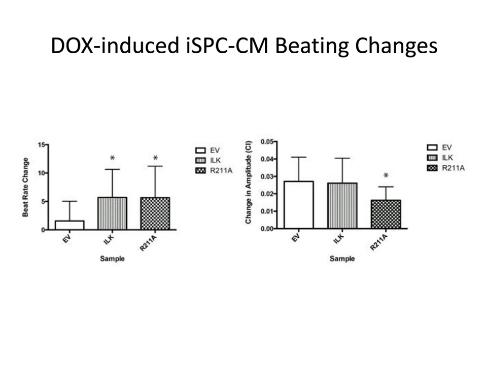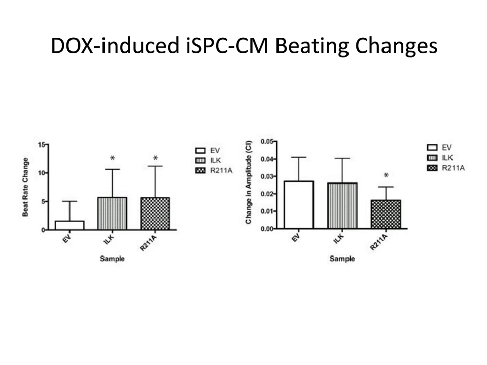And so on the left-hand side here, you can see a reduction in the beat rate that's seen with the addition of doxorubicin, and integrin-linked kinase fixes that. The amplitude differences or contractility differences in the cells that we see was somewhat or marginally reduced with integrin-linked kinase itself, but was more significantly reduced with the constitutively active variant. Again, showing that we can attenuate and in some degree completely reverse the adverse changes that are seen with doxorubicin